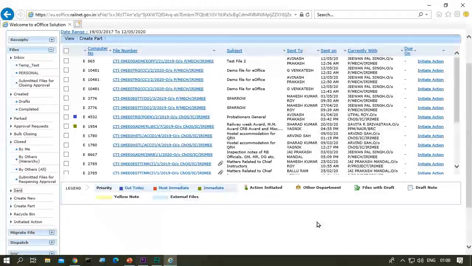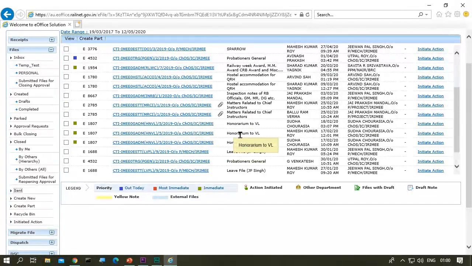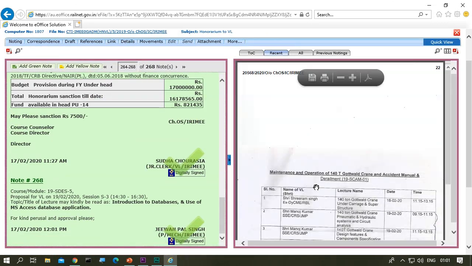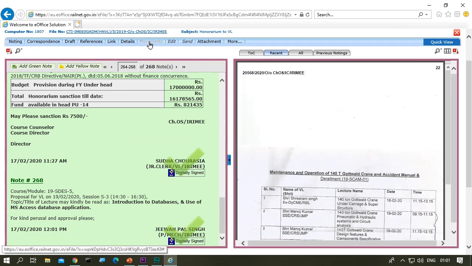Now these keywords are not searched inside the file. This keyword must be available in the file's metadata. That means the number of the file, the people who sent it, the people who received it, and subject, the most important. Within these only, files can be relocated.